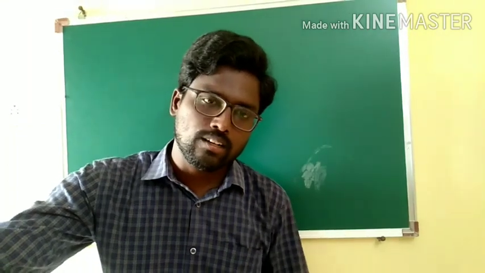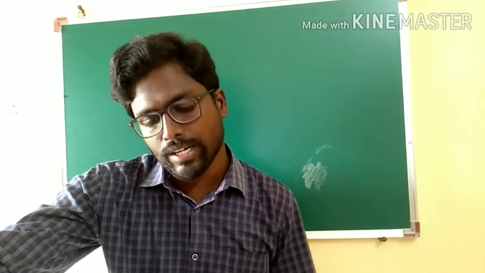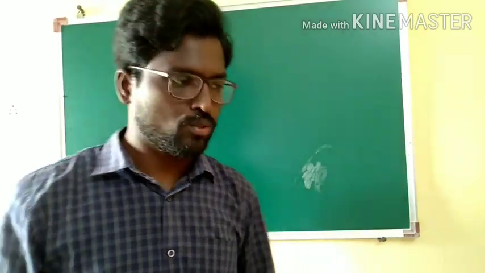We already know that the general form of the straight line is ax plus by plus c equal to 0. Now let us see how to convert that into normal form. Because so far we know how to convert ax plus by plus c equal to 0 into y equal to mx plus c, and into intercept form. To convert into y is equal to mx plus c, we'll keep by fixed and transpose these two: minus ax minus c. Therefore y is equal to minus a by b into x minus c by b.